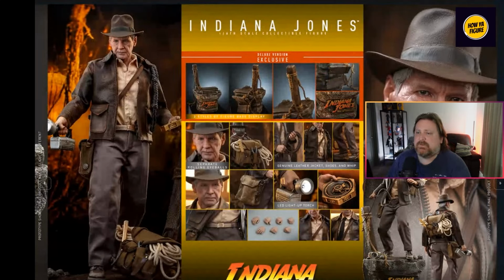This Indiana Jones figure, I cannot wait to get this one in hand. I truly think when this figure comes out, if it comes out before the end of the year, this will be a contender for figure of the year. And I think that people should be putting it on their radar. Even if you don't like older Indiana Jones, I still think we got to appreciate the quality that this figure is going to be providing. The next one we're going to be looking at